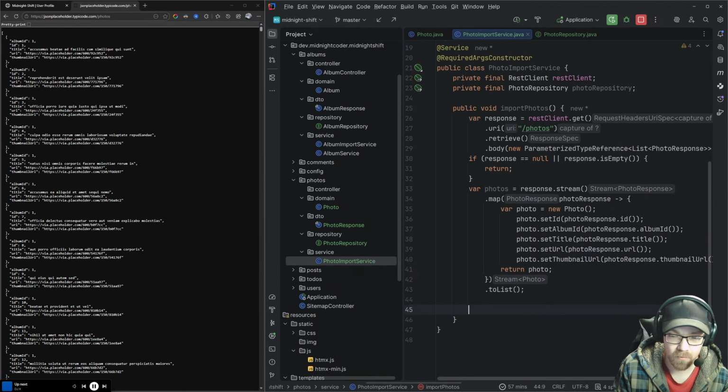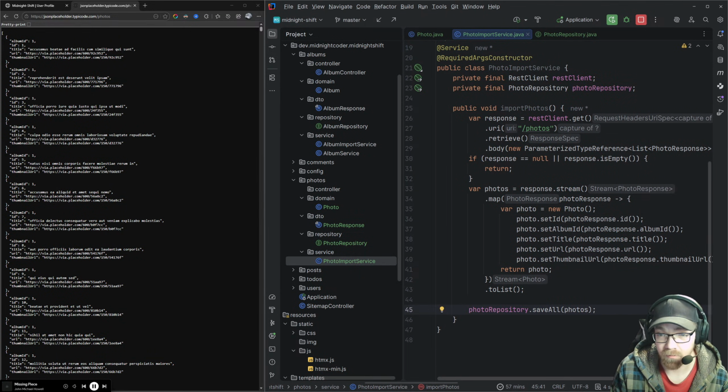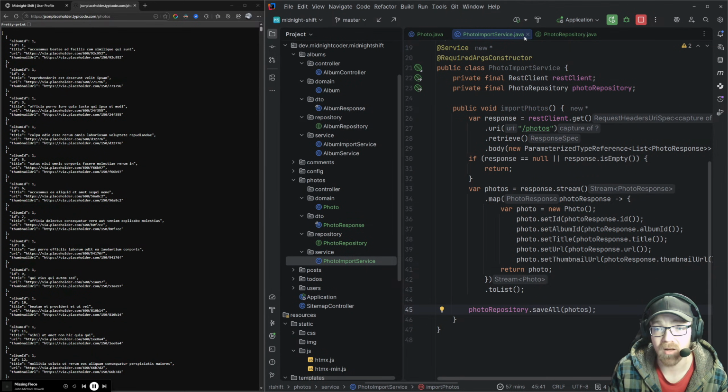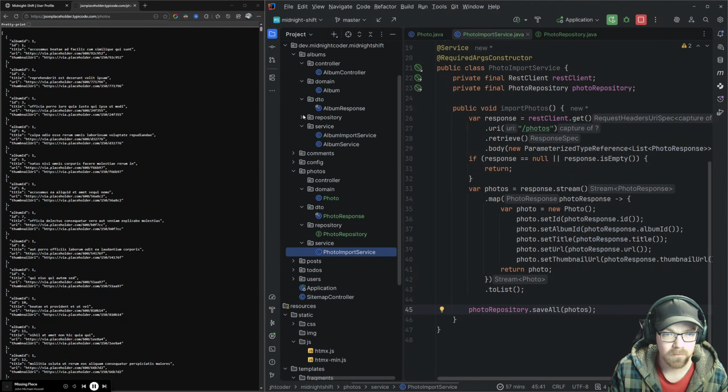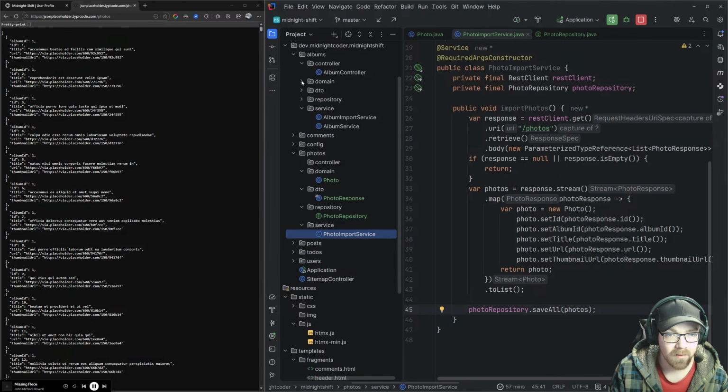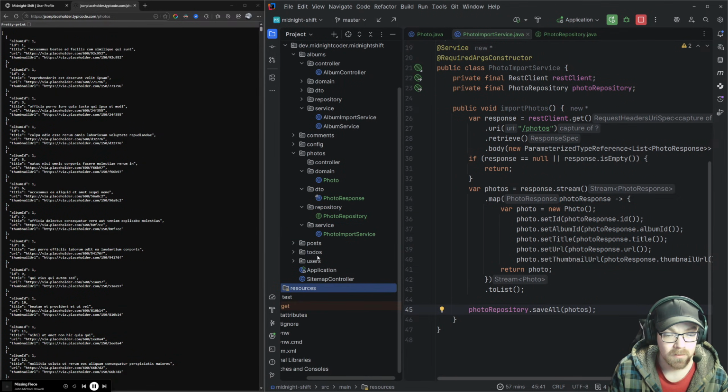All right. So next, we want to save all of those. I had to type next to nothing of that. IntelliSense is just on ball today. All right. So that's the import service that we've built 1,000, like 3 or 4 other times before. So we've got our repository, our DTO, we've got our hard-coded model.